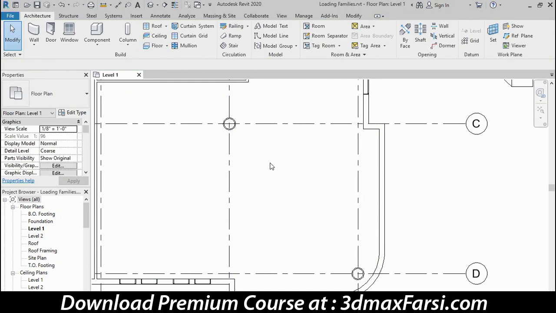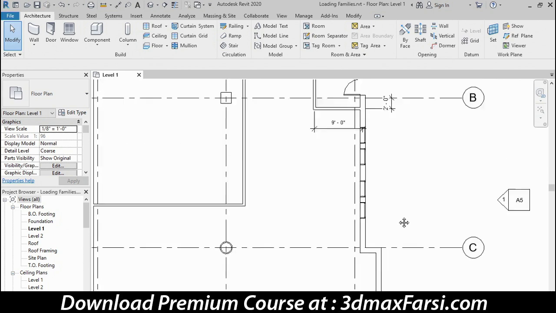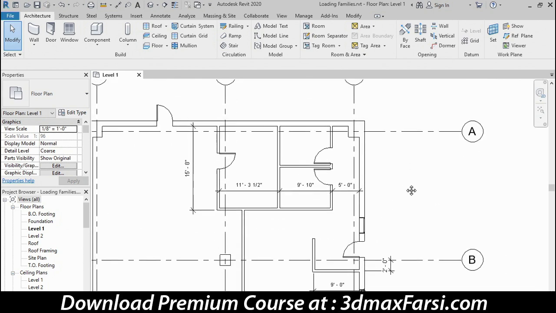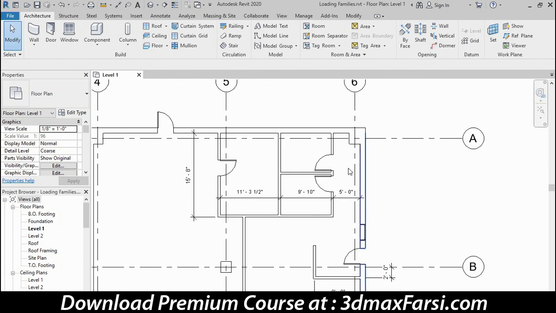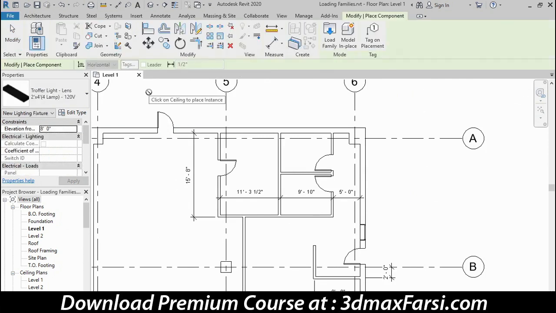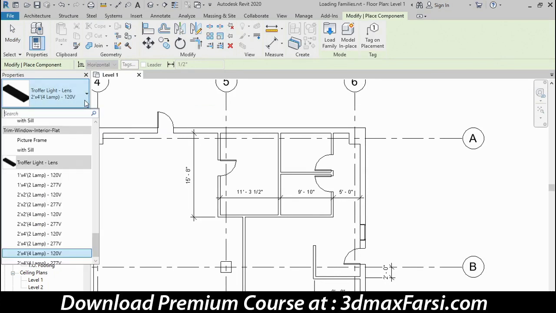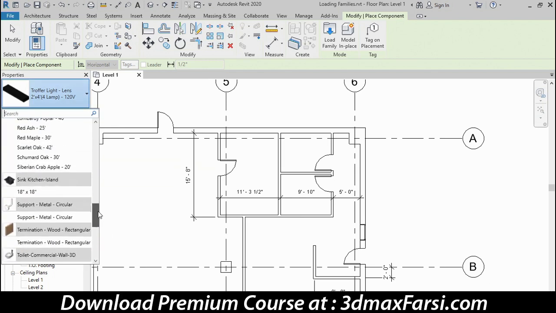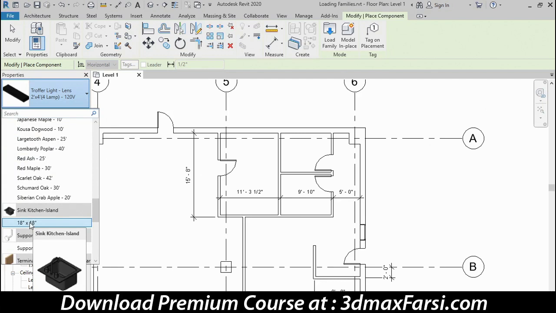So those are some columns, but what about other kinds of families that we can place? Let me pan down to the toilet room here up near the top of the plan, and let's go to the component tool next. For things like sinks and toilet fixtures and furniture and lighting, we don't have dedicated buttons. So instead, what we're going to see here is that all of those various items are available under this single component tool. So what I'm going to do is scroll through this list here and locate this sink symbol